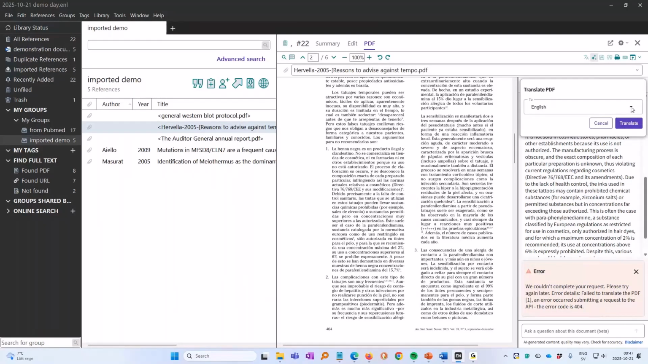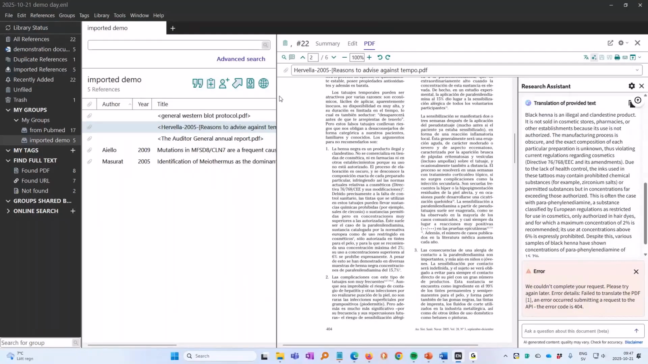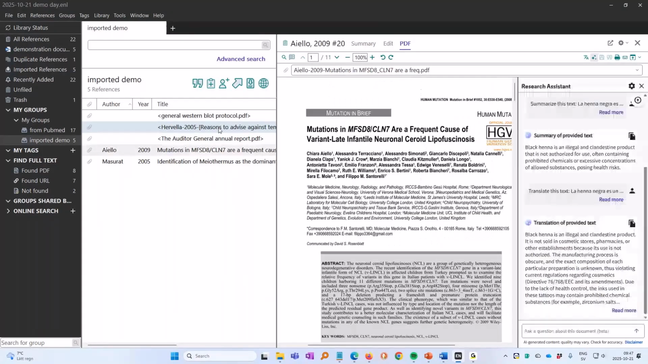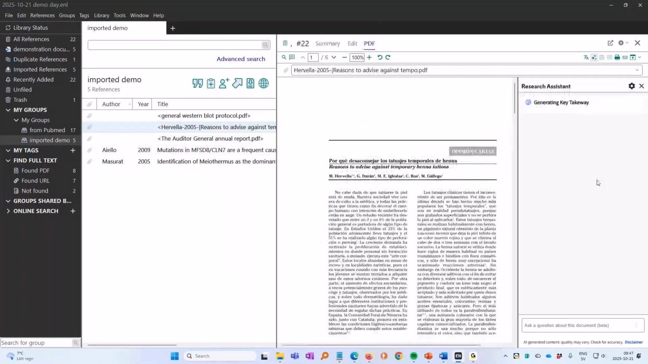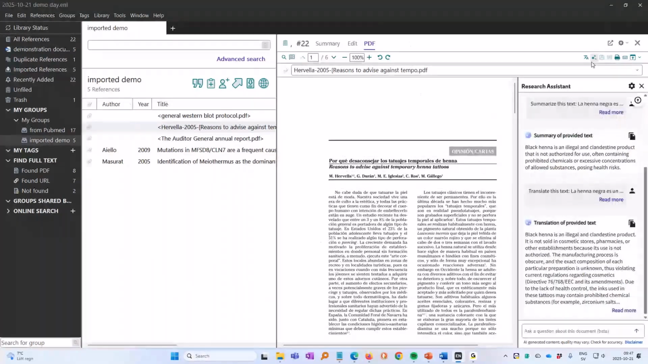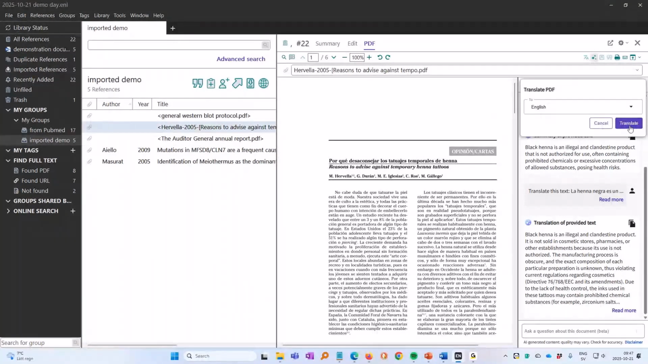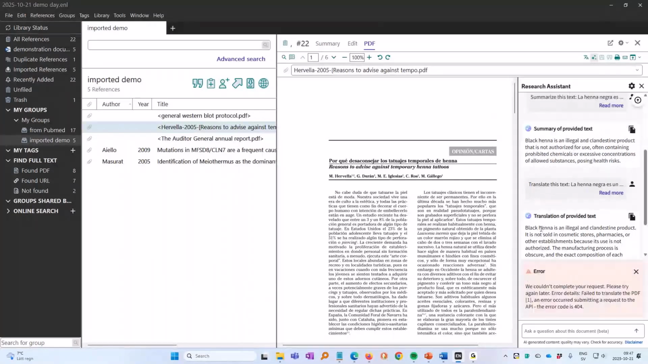Sometimes it works. Let's go somewhere else. I had some problems with this yesterday as well because of this big crash they had, I believe. Well, of course it worked yesterday, but you can translate the full